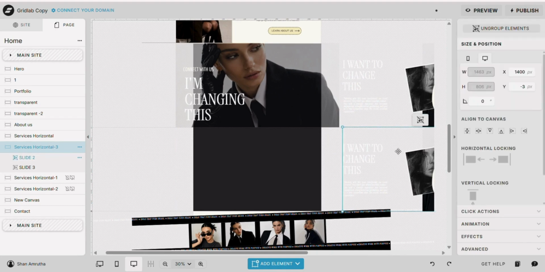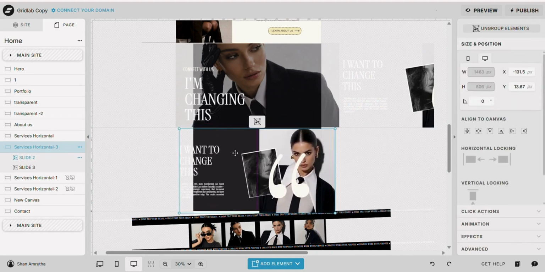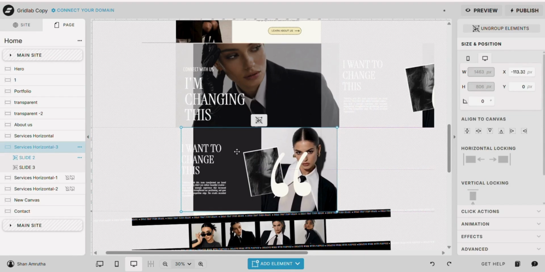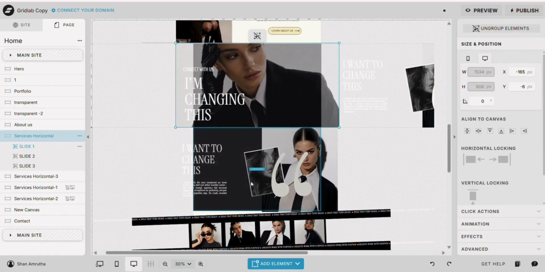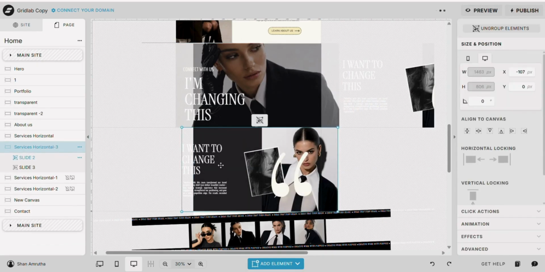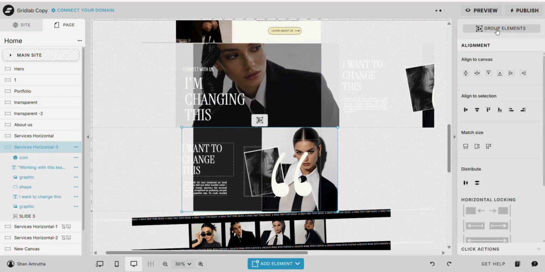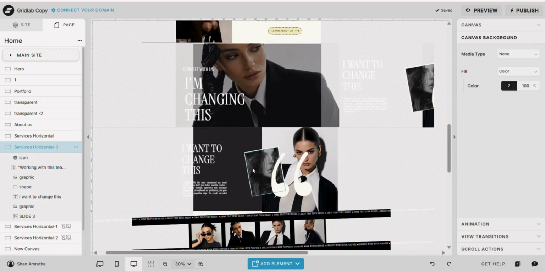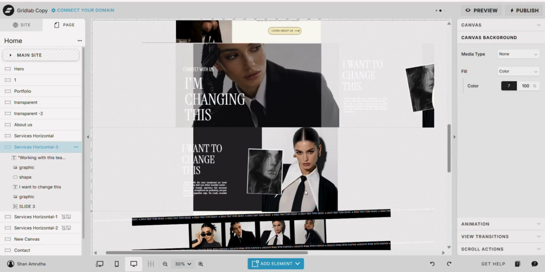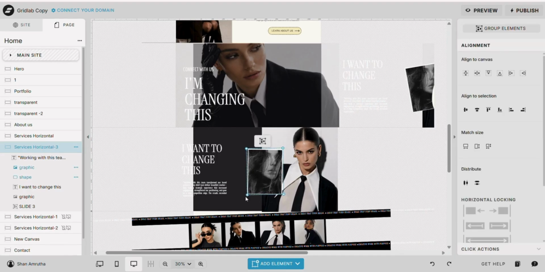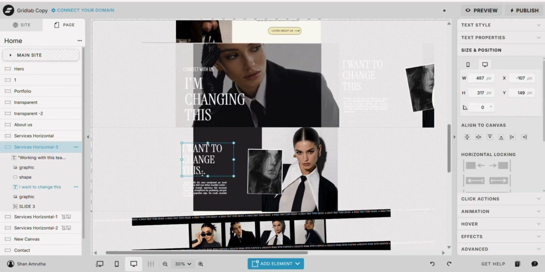Now I want to edit the second slide. So the first slide can be edited as is. You don't have to duplicate and edit the first slide. But the second and third slide, you'll have to duplicate it and work in a rough space. So this I'm going to edit however I like it. If you want to build this entire slide from scratch, you can do that as well. I'm just randomly rearranging each of these elements just for demonstration purposes.